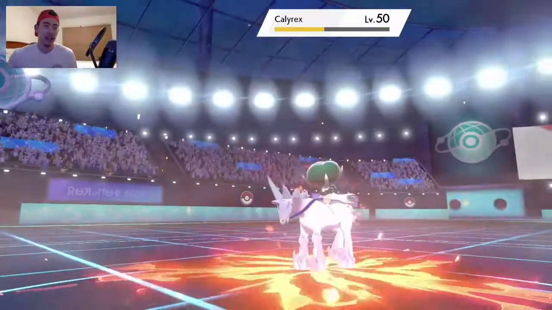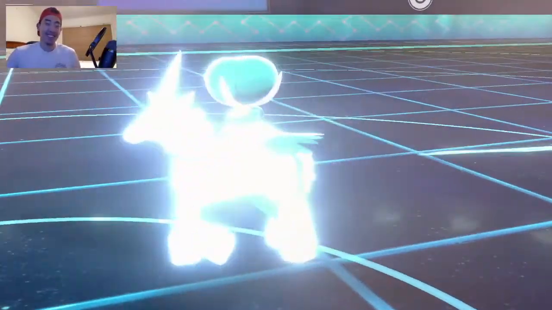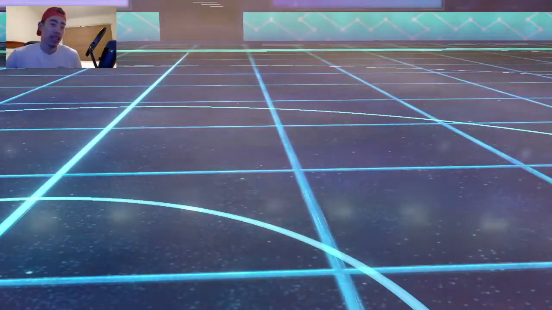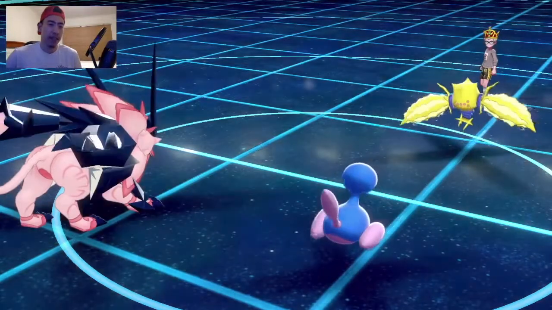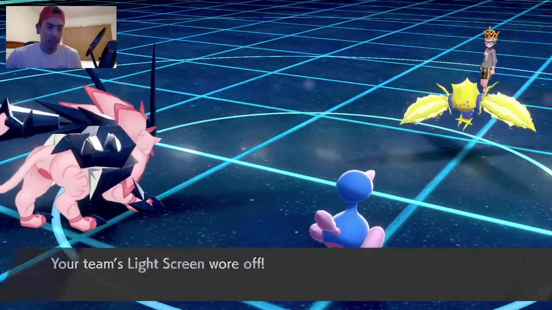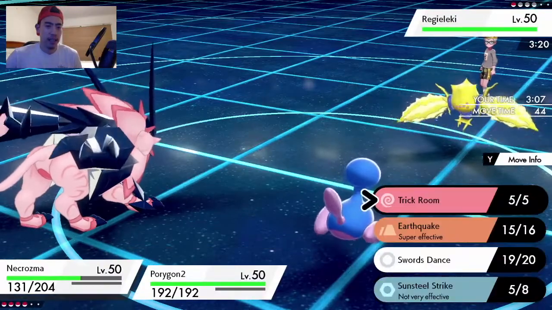And look at that animation. Wow, the pink... Boom. Wow. Whoa, Calyrex. Bye-bye. I think he was trying to set up Trick Room. Had to be, right? But the sunlight fades. And, yeah, I think that's an easy...